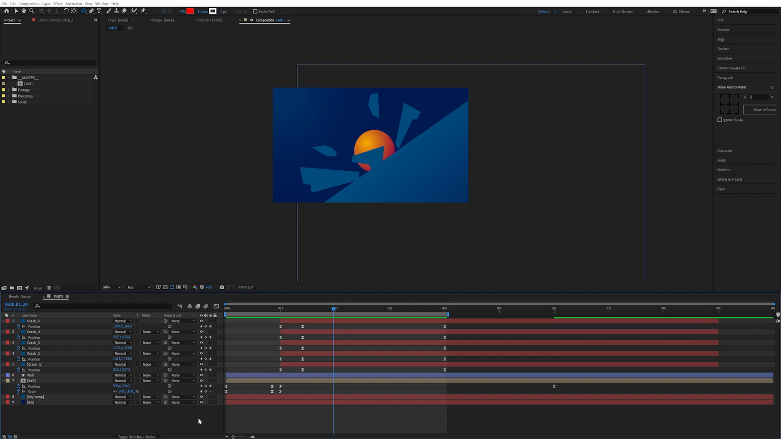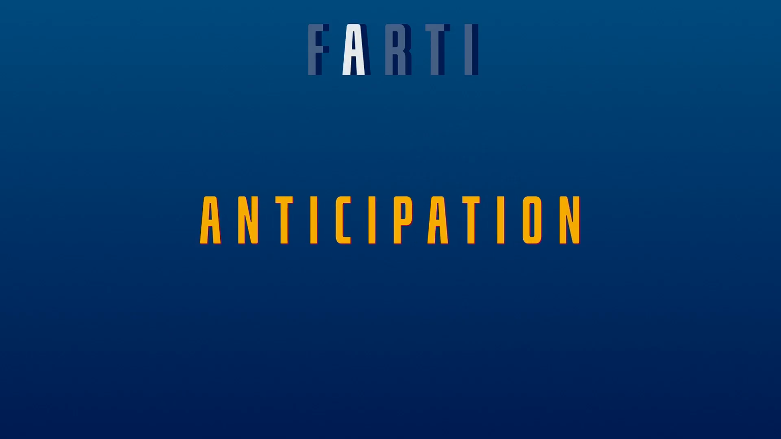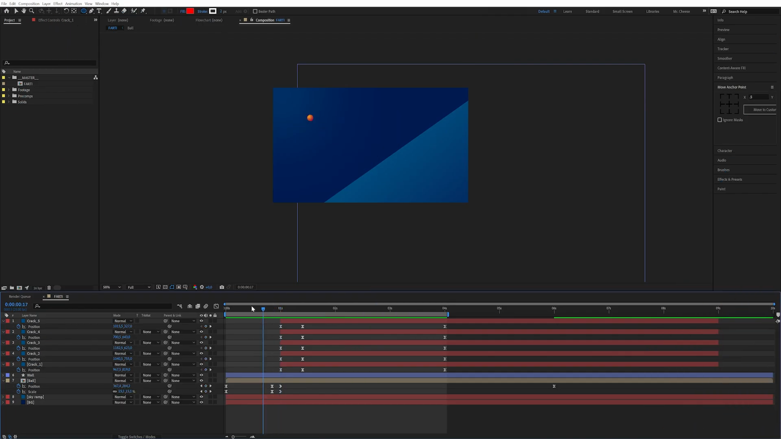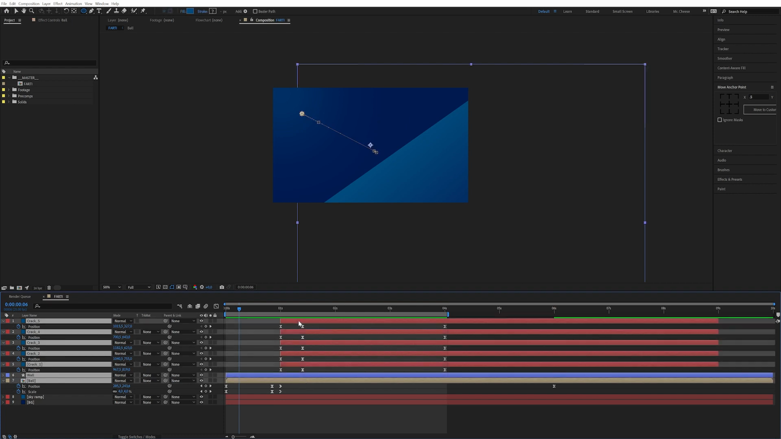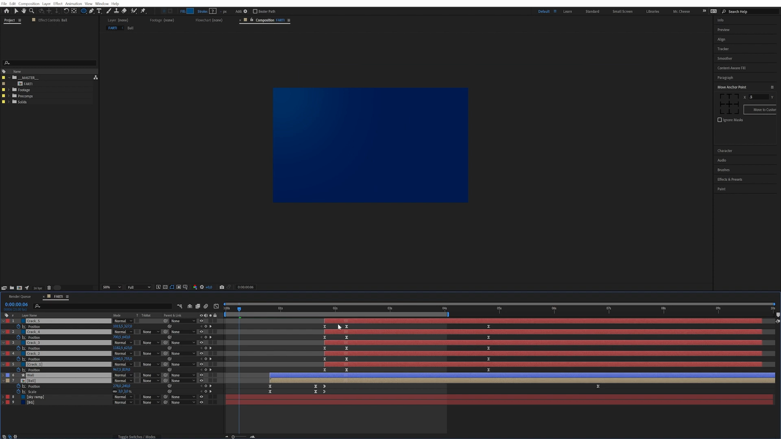So the second part is Anticipation. That is basically suspense. You know the ball is going to hit, but you're building up the momentum and the suspense before the ball hits. So we can really emphasize this. We can actually make this beginning part longer so that we really get that sensation of it building up energy to hit the ground. So maybe we can move this a bit